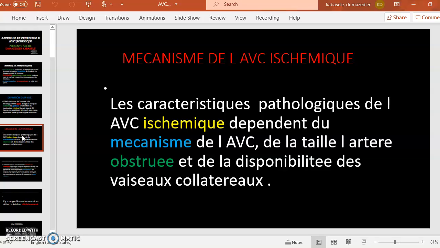Stroke has a lot of mechanisms, and one mechanism can be an obstruction. You can see I've put here that any obstruction can lead to stroke, because of how stroke develops. Stroke develops by blocking or rupture of any vessel of the brain, and each part of the brain controls a specific area of our upper limb or lower limb, or speech, and so on. That is why I want to share this approach.